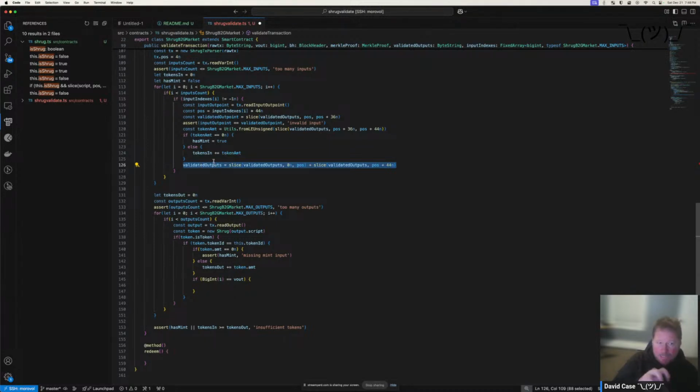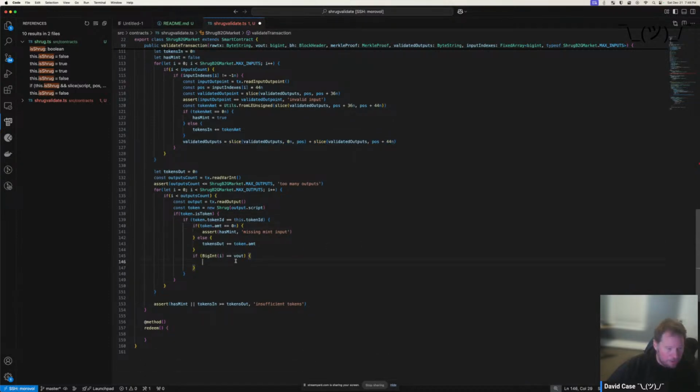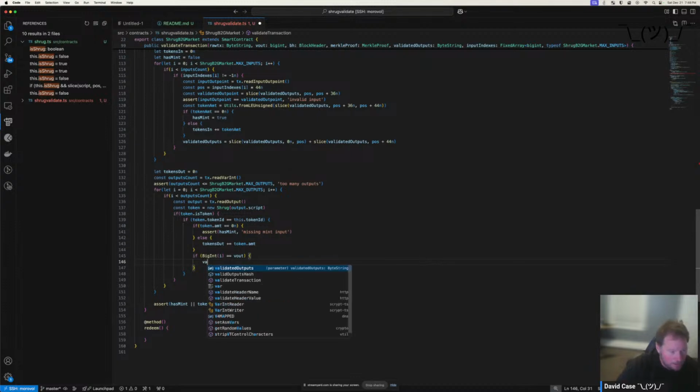Once it's spent, we don't need to keep track of it anymore, because we've already validated something that spent that token, and so therefore we don't need to save it anymore. So as I'm going through the inputs, I'm pulling out the one that we spent, and then as I'm going through the outputs, I'm saving